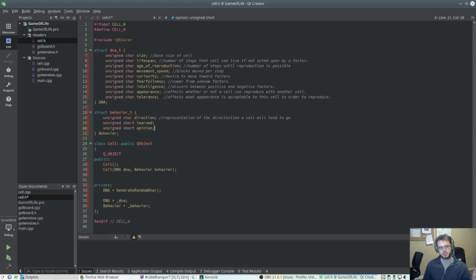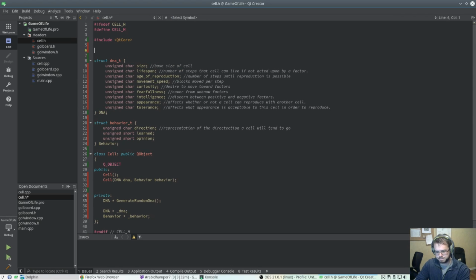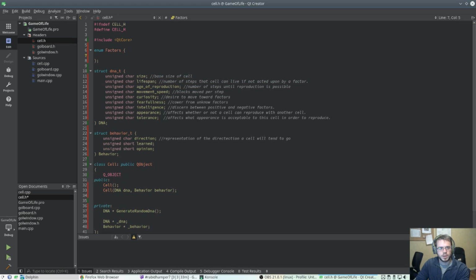The bit on learned will relate to the bit on opinion. So what we'll have to do is come up with something else, like an enum or something. I'm going to change this later. We'll call this enum factors. What we'll do with this is have, like, cell, and we'll say that's equal to